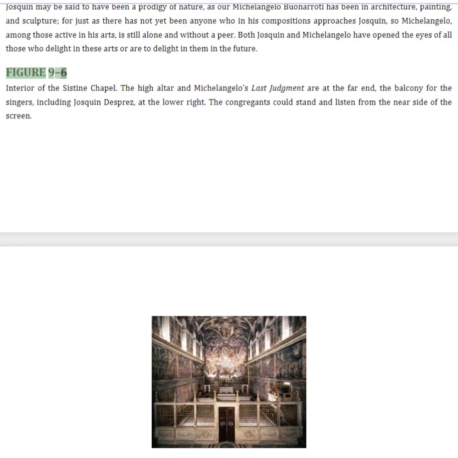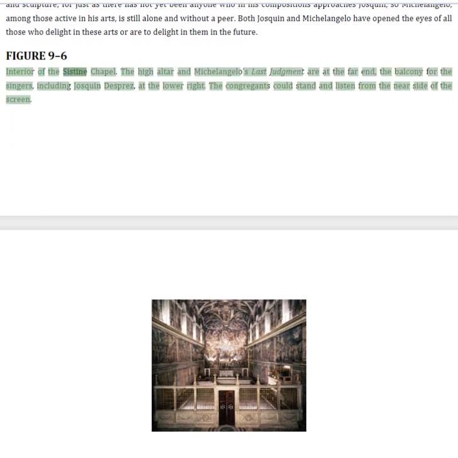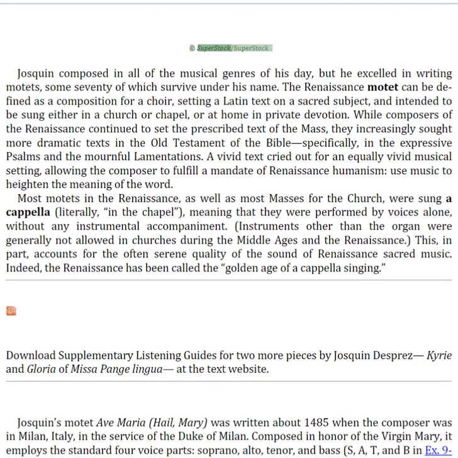Figure 9.6. Interior of the Sistine Chapel. The high altar and Michelangelo's Last Judgment are at the far end, the balcony for the singers, including Josquin des Prez, at the lower right. The congregants could stand and listen from the near side of the screen. Superstock. Josquin composed in all of the musical genres of his day, but he excelled in writing motets, some 70